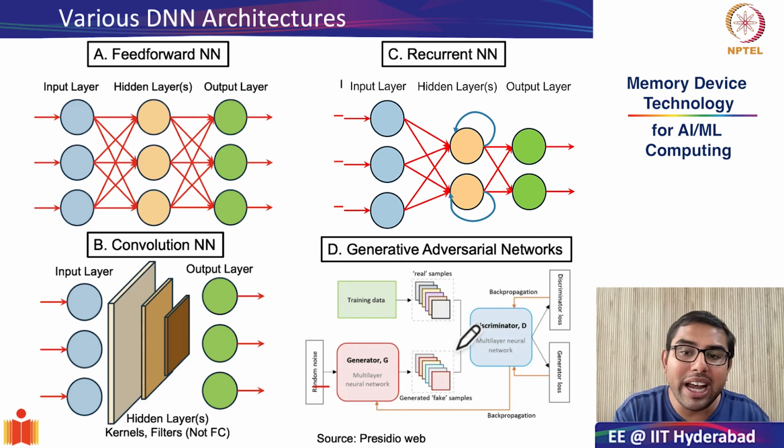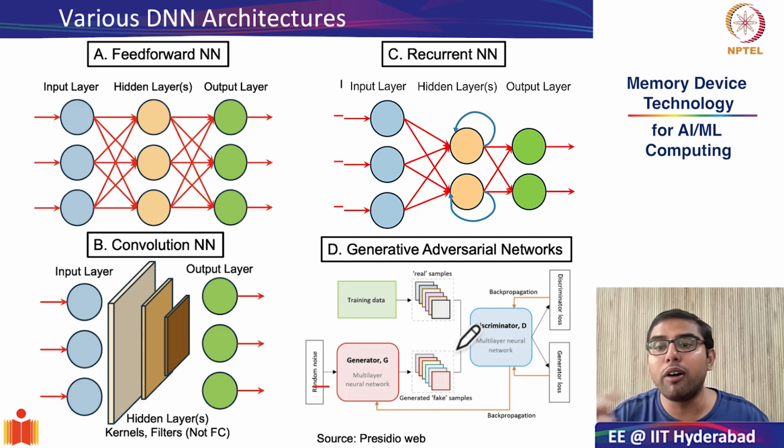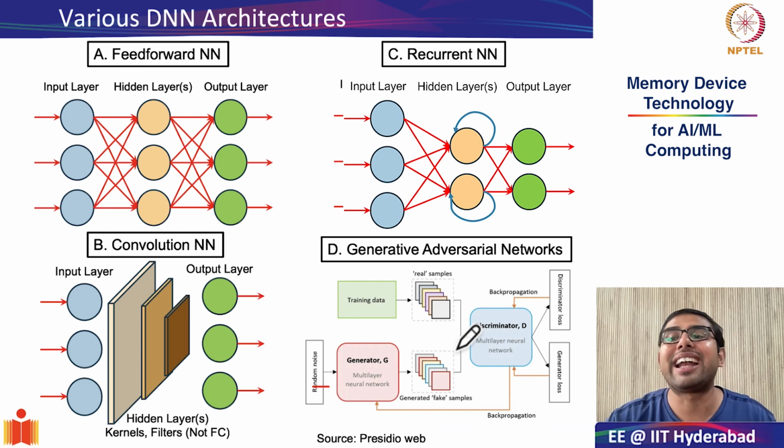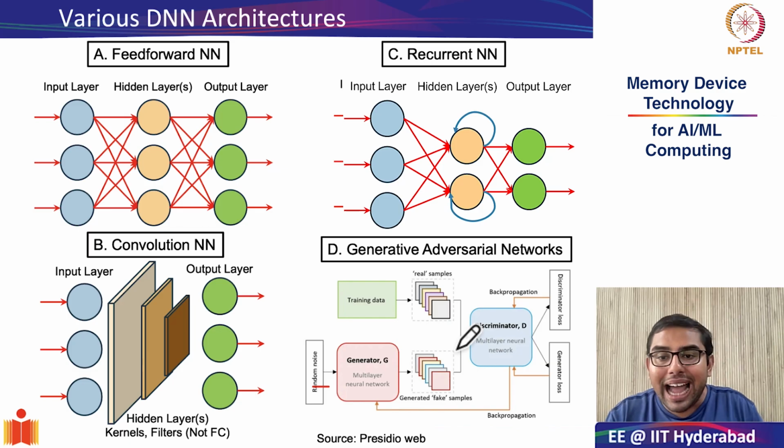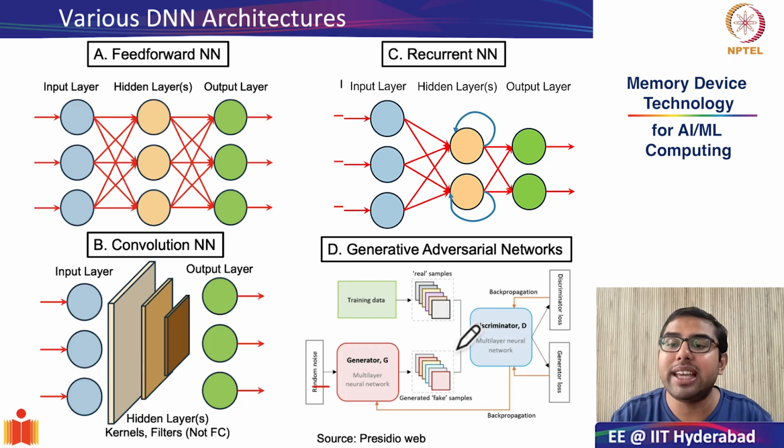If the discriminator correctly spots a fake, it updates its weights and gets even better. But if the generator's fakes get caught, then it updates its own weights to create more and more convincing fake images. This back and forth is repeated through many iterations, and over time the generator becomes so powerful that it can start creating images which are highly realistic. Why just images? Even sounds or text, all from random noise.